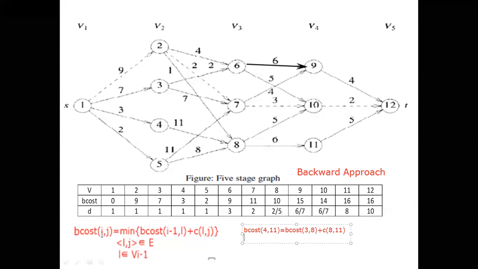B cost of ij. Here instead of i it is 4, and j is 11. What is i? I is nothing but the stage number. Here 4th is the stage number, right? What is j? J is the vertex we want to find out. In other terms, I can call it the intermediate destination vertex, which is 11. Stage and vertex. It is an intermediate vertex like 11, while our actual destination is 12. That is why I said intermediate vertex.